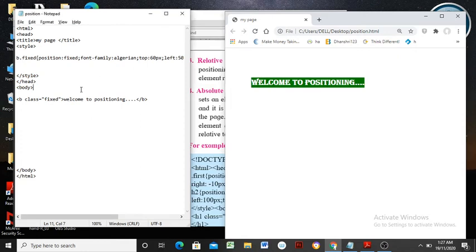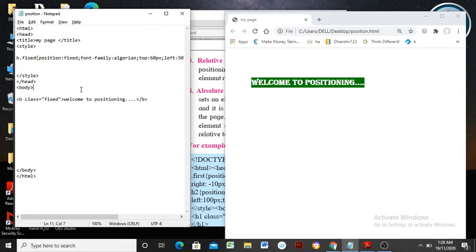So today we have seen how to design a positioning. Basically, all four types of positionings are designed in a head section and applied in a body section.